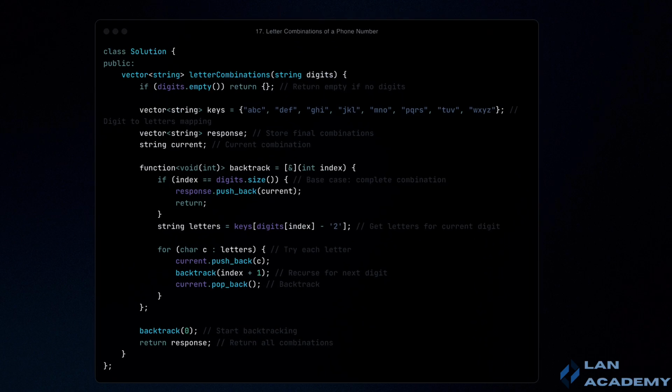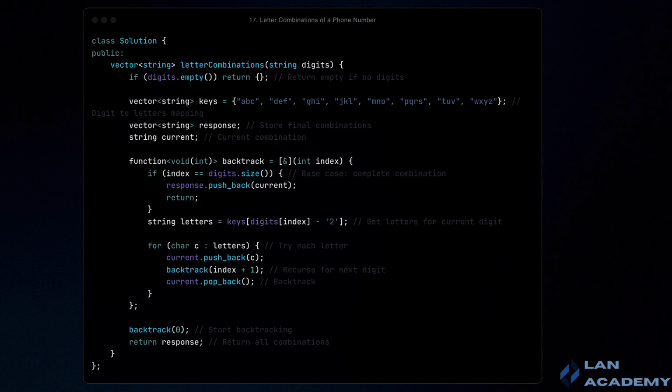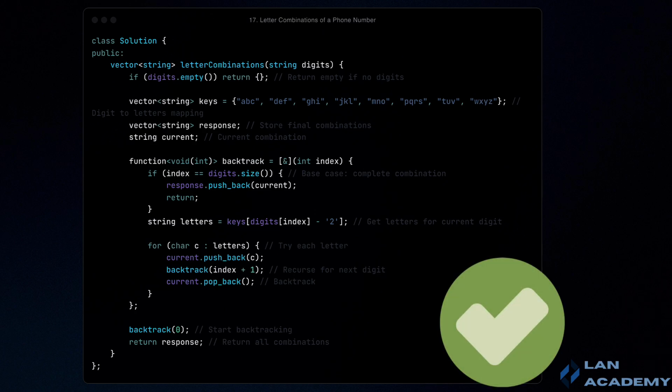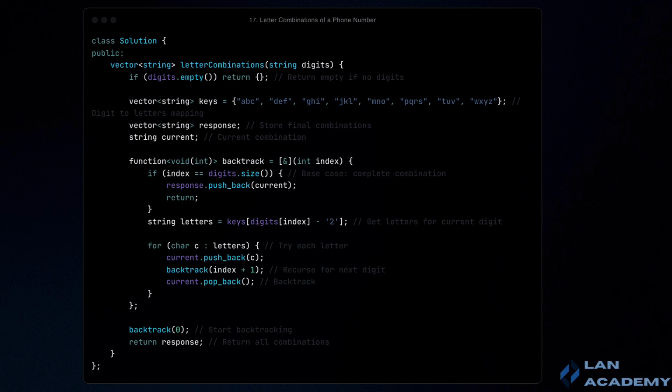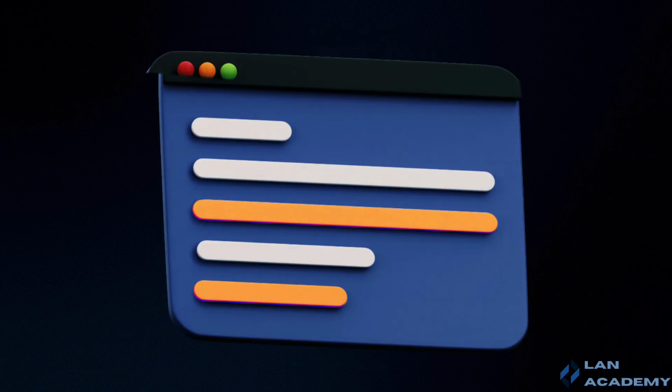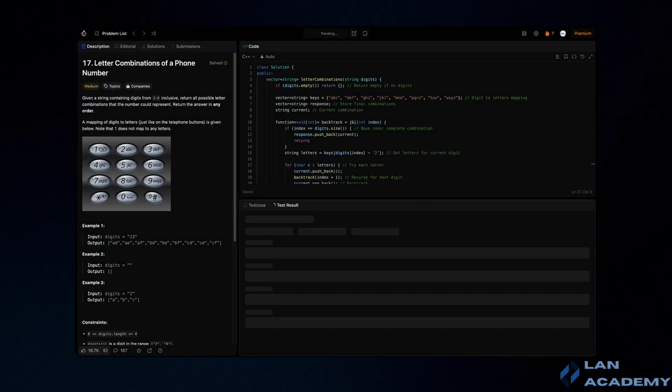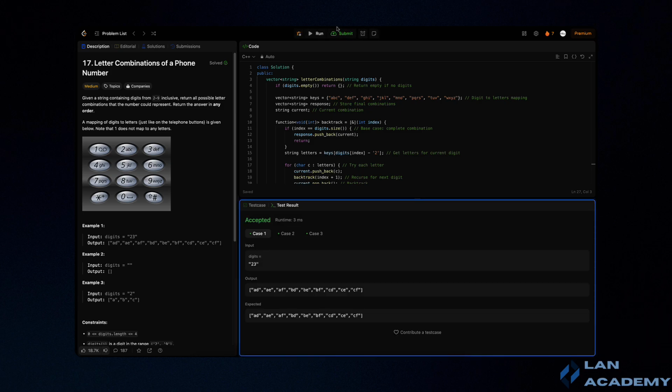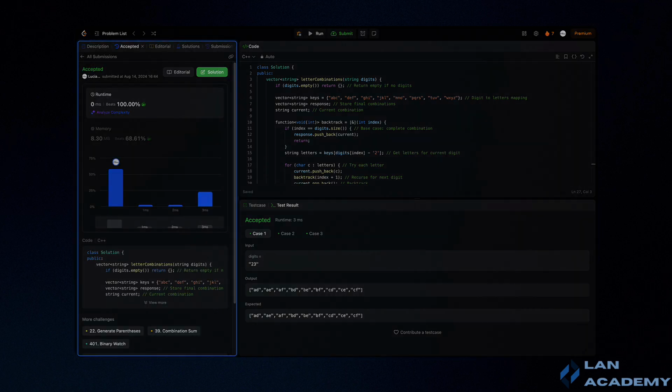With the solution now implemented, the next step is to test the code with various inputs to ensure its correctness. Testing is crucial as it allows us to verify that the algorithm handles all edge cases and produces the correct output for all possible inputs. Additionally, trying out different implementations or optimizing the current one can further enhance problem-solving skills and deepen understanding. Once you're confident that the solution works as expected, you can submit it. Remember that testing and experimenting with different approaches is an integral part of the learning process, helping you to improve both your coding skills and your ability to tackle complex problems.